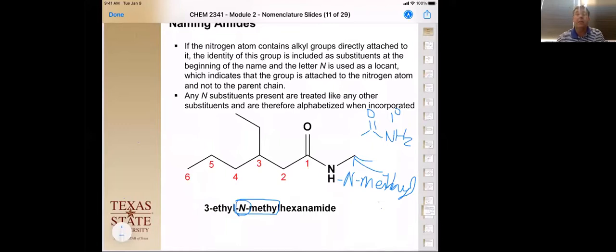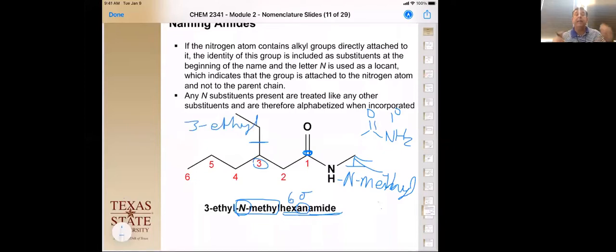So again, with a carboxylic acid, you always start numbering at that carbonyl carbon. We have a total of 6 carbons. So that's going to give us hexanamide because we don't have any double bonds. So hexa for 6, an for single bonds, amide for the functional group. Now we have 2 substituents. We have the substituent on the nitrogen, but we also have a substituent on the main chain. So we locate our substituent. So we have a 3-ethyl,